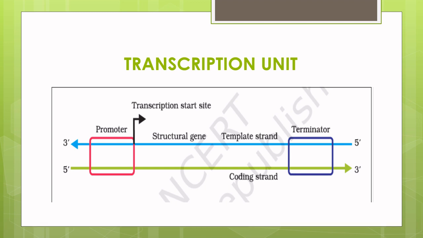Now, transcription unit and the gene. You know a gene is defined as the functional unit of inheritance and genes are located on DNA. The DNA sequence coding for tRNA and rRNA molecules also defines a gene. Cistron is a segment of DNA that is a structural gene coding for a polypeptide. Monocistronic: most of the eukaryotic structural genes code for a single polypeptide. And polycistronic: most prokaryotic structural genes code for more than one polypeptide.